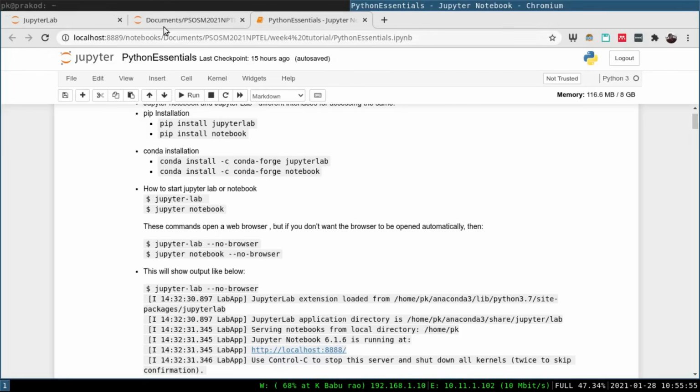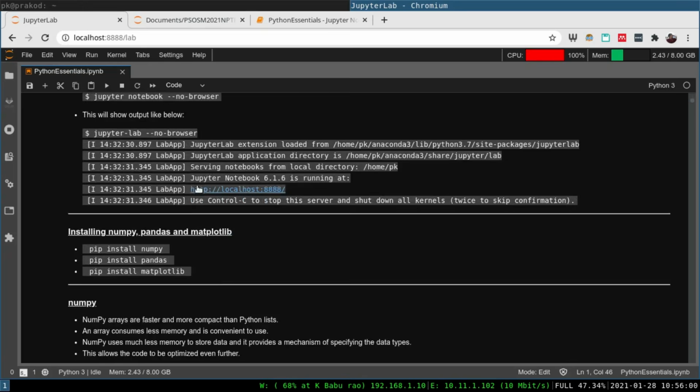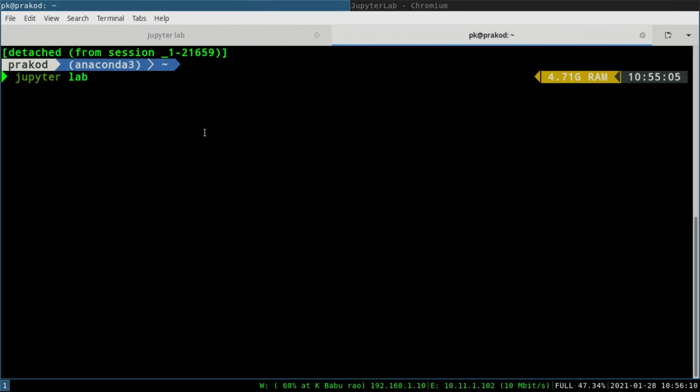But let's say you don't want the browser to be opened automatically. Then there is a variation where you can just say jupyter lab --no-browser, right?